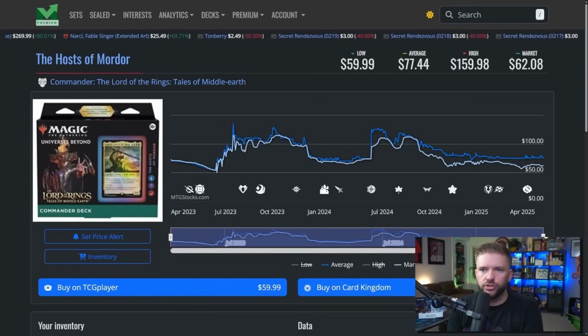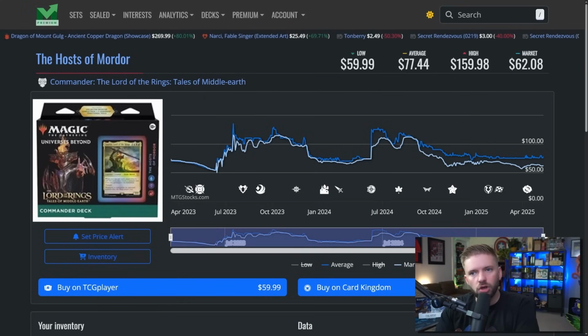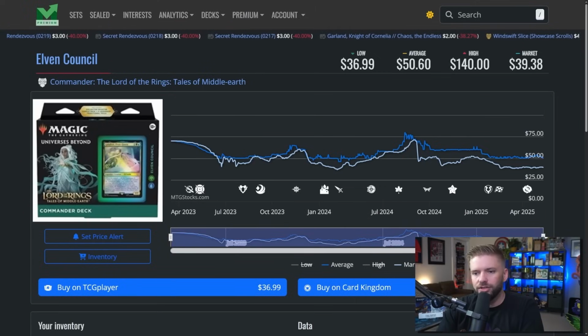Look at the Hosts of Mordor. This is the most hyped one from the Commander Lord of the Rings Tales of Middle-earth set. It's been over $100 at some points, and it's sort of settled back down. They'll get multiple print runs, will these? They won't get reprints, so to speak, but they'll get multiple print runs. And you can see even right out of the gate, the hype is at a level and then slowly falls off. Let's compare that to the least hyped of those 4 decks,